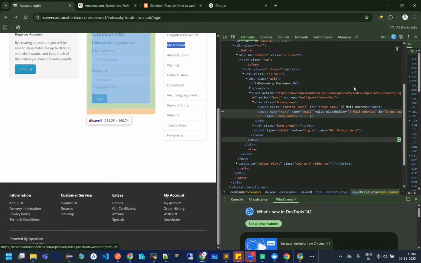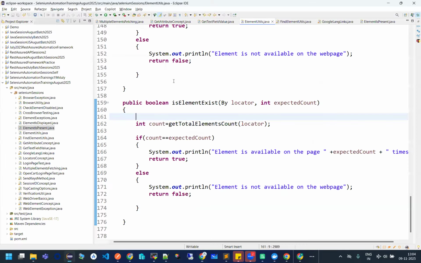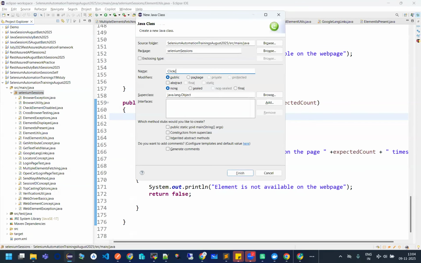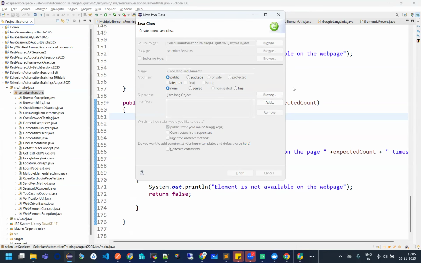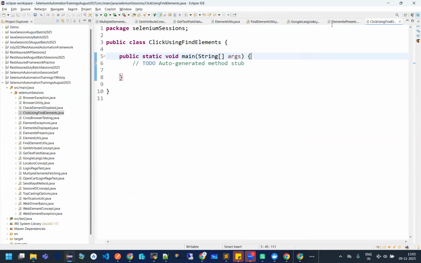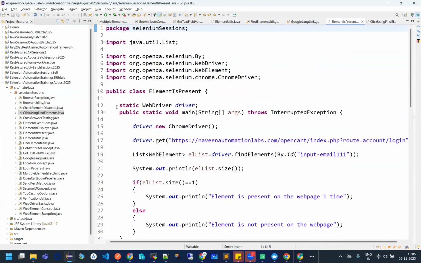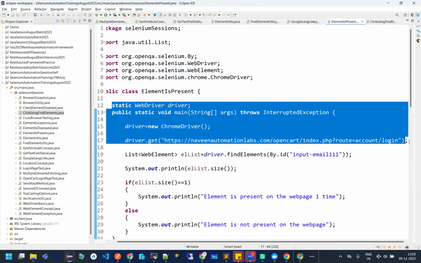So see, I'm writing one more class saying something click using find elements. Okay. Main method. Perfect. And I am going to do what? Same thing. I'm going to check that automation labs only. Okay. Now,